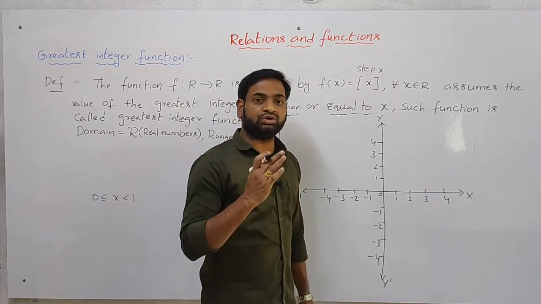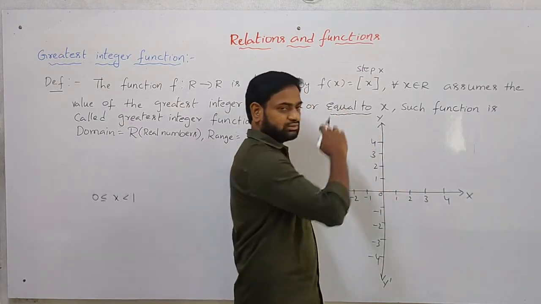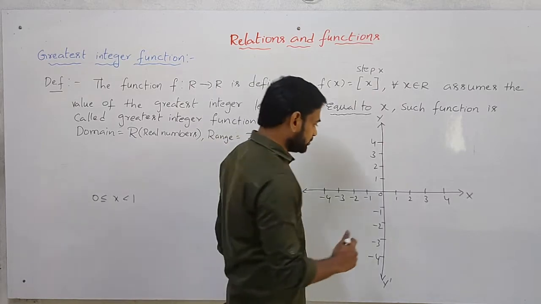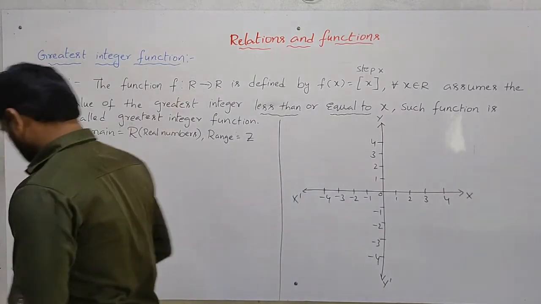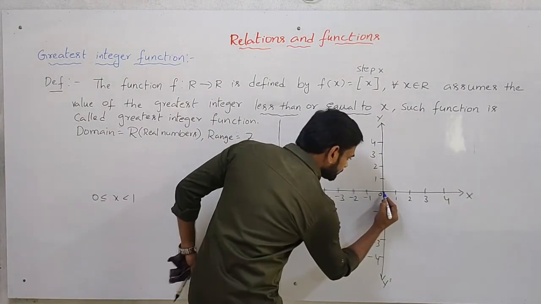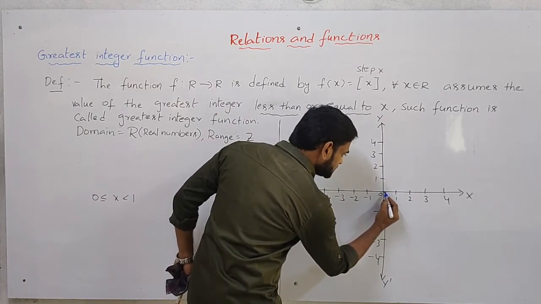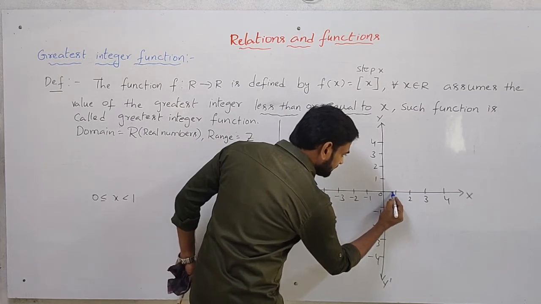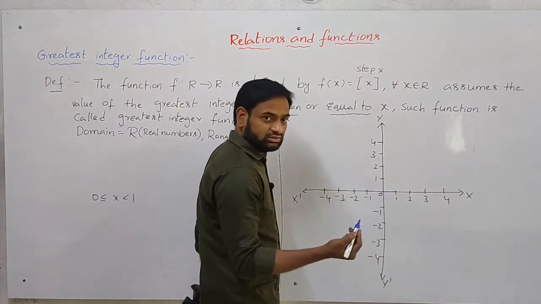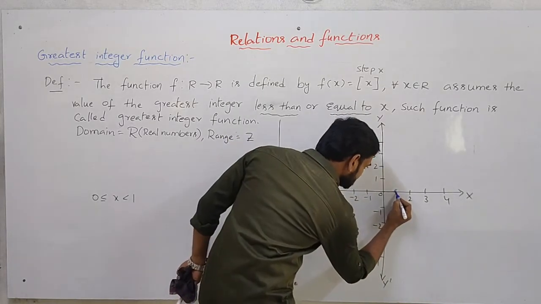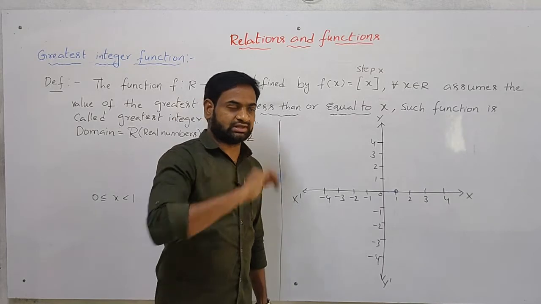Why don't you take 1? Because if you take 1, the step of 1 is going to be 1. That's why we don't take that. I am drawing a line here. Actually, if you take 0.1, the answer is 0. 0.2, 0. 0.3, 0. 0.4, 0. 0.5 also 0. And don't take 1. That's why I am putting a circle here. I am not taking 1.